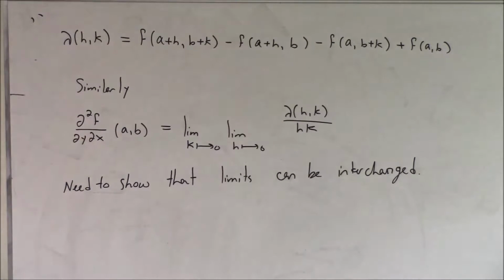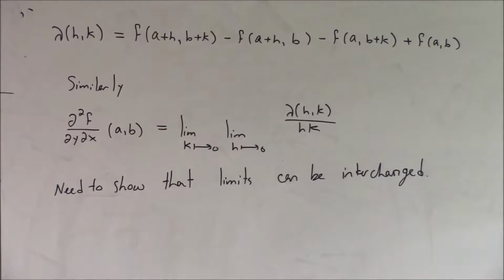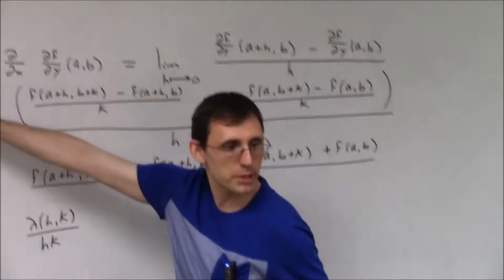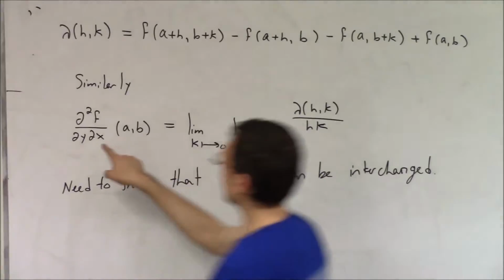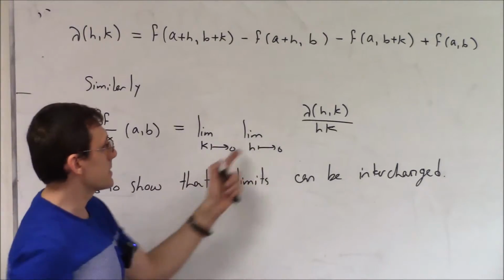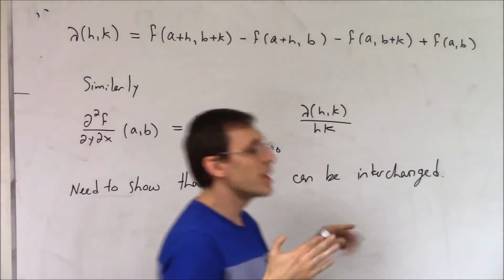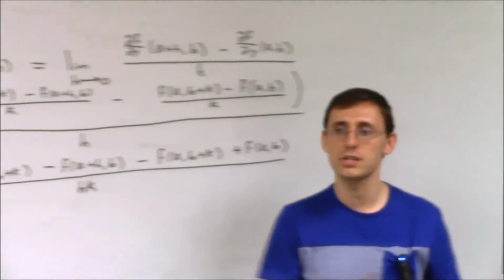This is the idea of the second partial derivatives being equal? Yes, you can see that. Look at it. You already see when you expand them. We expanded this and we got this expression. And if we do the expansion when we take the derivative with respect to x and with respect to y, we get a very similar expansion. If it's too much, you can just right now say, let's pretend that you can interchange limits, and that's it.